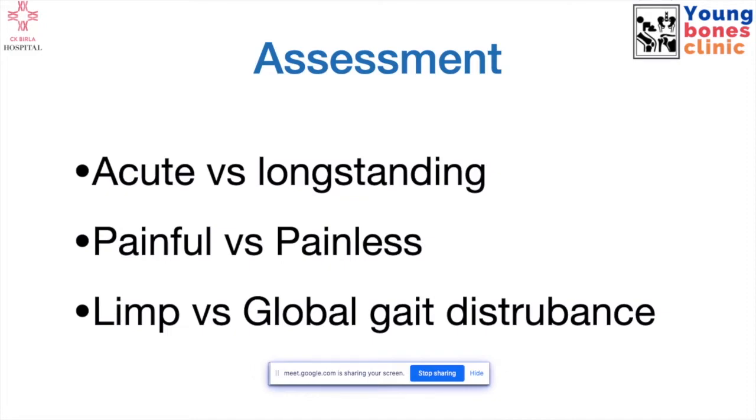That means a child, ever since they started walking, the parents will complain that he started walking like that, he has always walked on his toes, or always walked on his heels, or there is some abnormality which was always there. So that indicates that maybe there is some other problem, and it's probably not related to the common things you have thought of. A limp usually is where the child was previously normal and, with sudden onset, there is a change in the gait, and the child is limping to one side. So these are the basic three things you need to assess in a limping child.